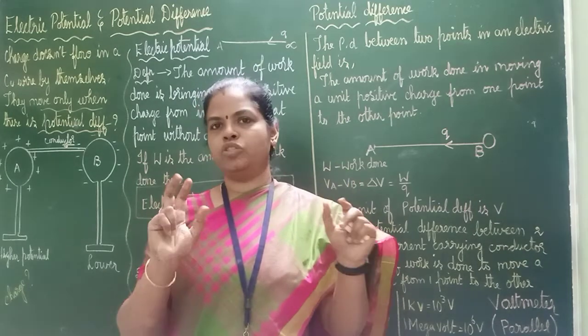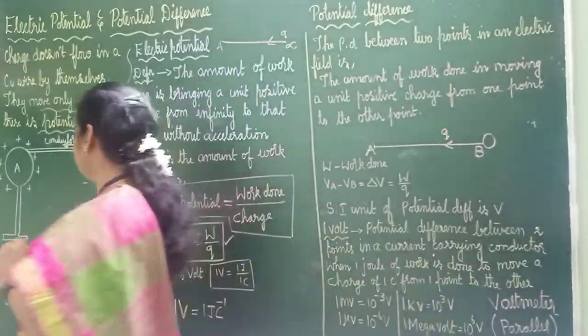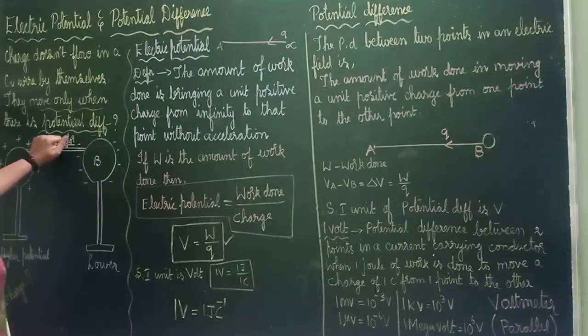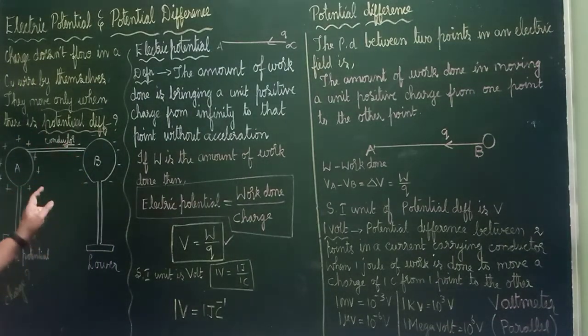Now you are taking two spheres like this. See, this is sphere A and this is sphere B. There is no connection in between, just like that I have taken. This is having positive and this is having negative charge. What happens automatically? We studied the characteristic features of charges, no? Automatically attraction and repulsion takes place. But here it is positive, here it is negative. So automatically positive charges will move towards this one and this will move towards that one. So positive and negative, they will attract each other.